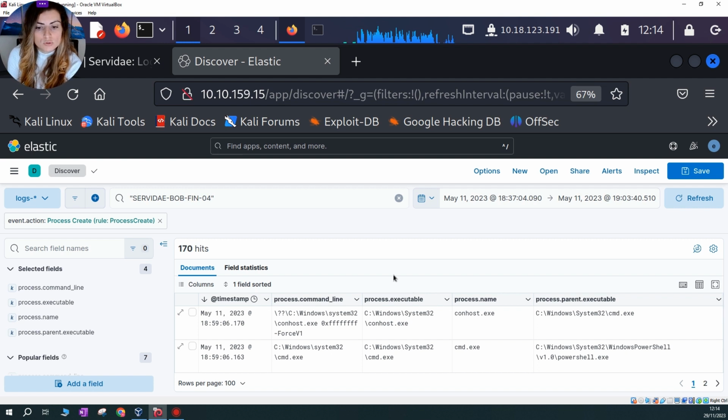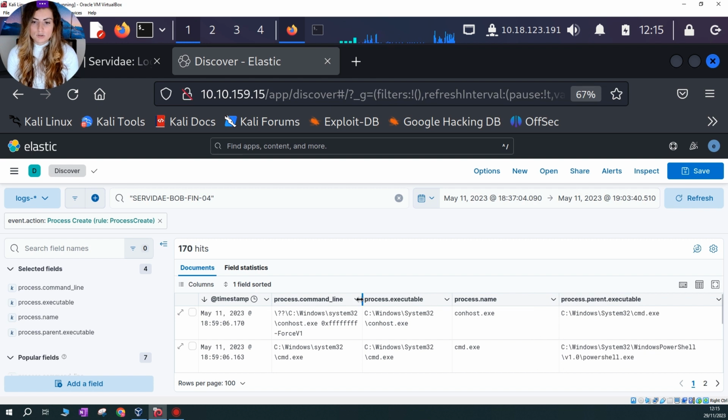Of course, the customer needs to have command line auditing enabled in order for us, the security analyst, to see the process command line. So it's very, very important when you provide any recommendation to the customer to enable the process command line. We can see the process name here